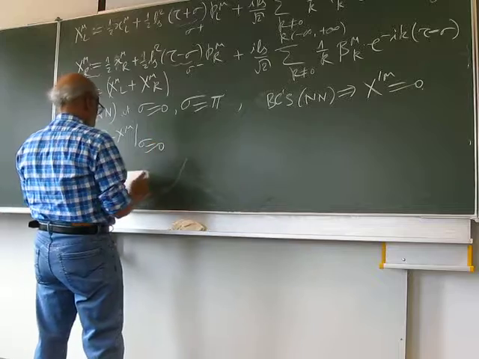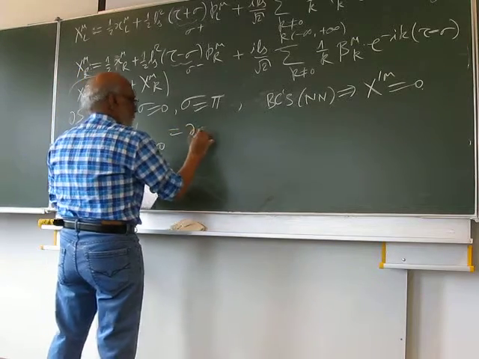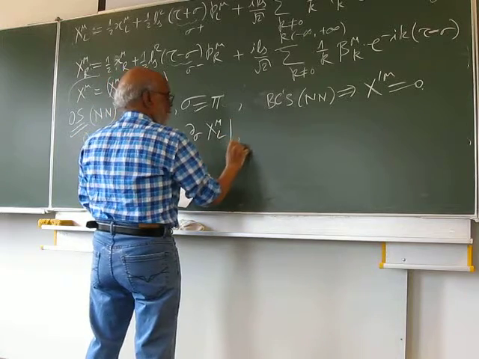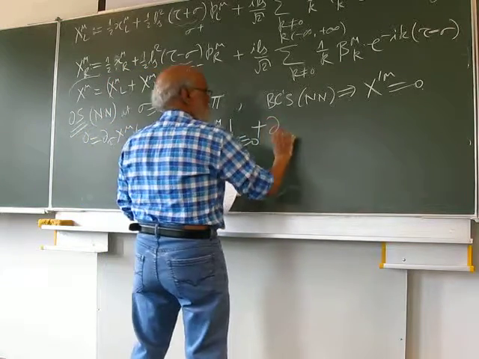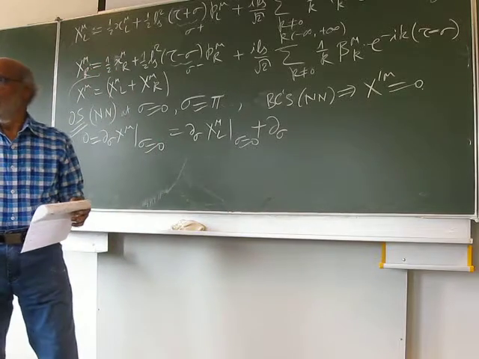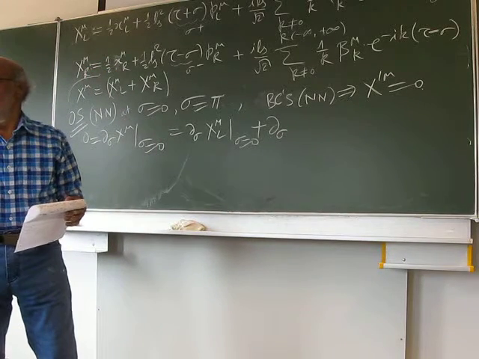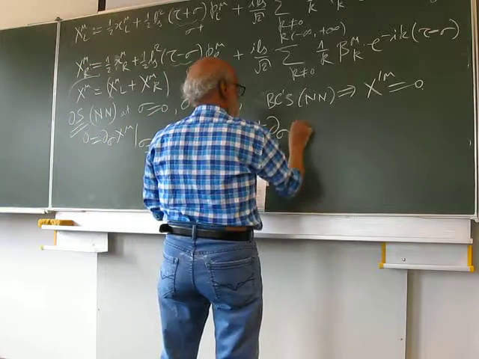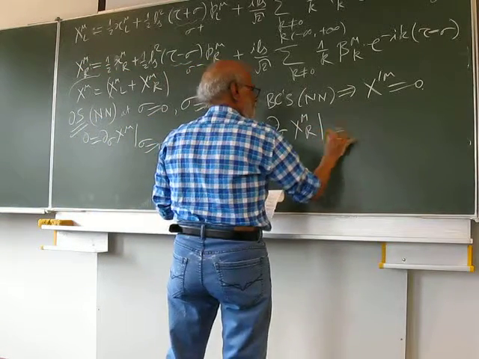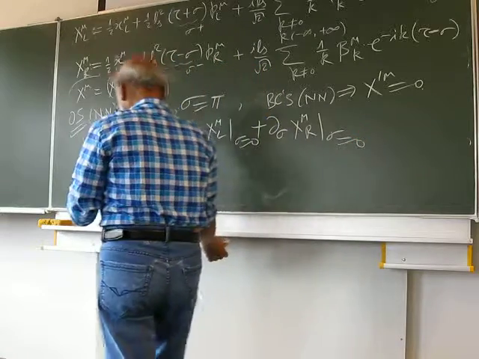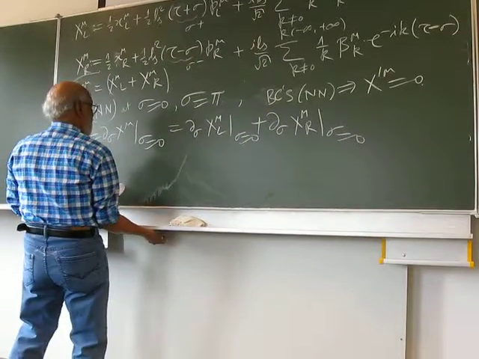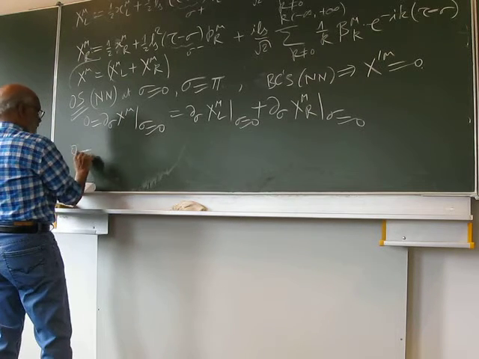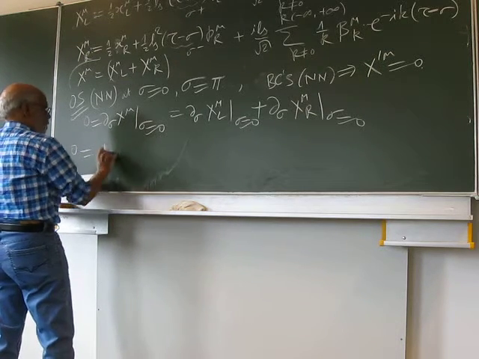let me first do it at sigma equal to 0, then this would be del sigma x mu l at sigma equal to 0 plus, no problems, this is del sigma f mu r at sigma equals to 0. And if I do that, then what I find is that 0 equals to